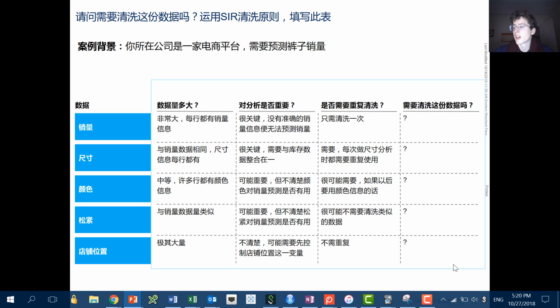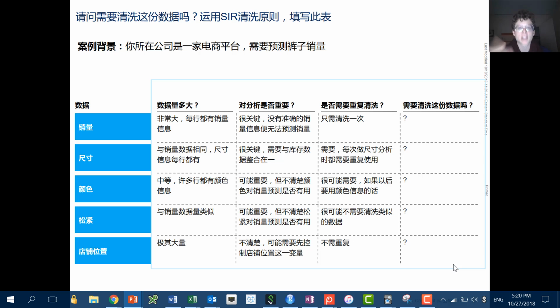So what did you think was the most important? There's definitely room for debate about what is somewhere in the middle. But I think that without a doubt, the most important thing you could work on in order to predict sales is the variable sales. So I probably would have focused on that first, because you can always, in an agile way, get sales clean, and then move on, make some predictions, come back, clean some more, make some new predictions, come back, clean more.